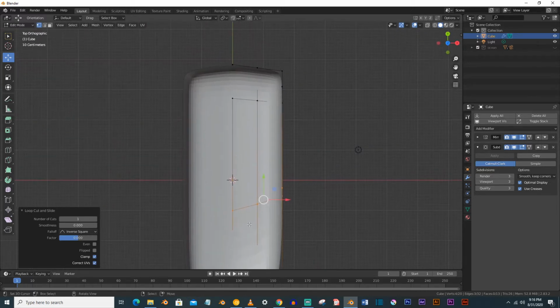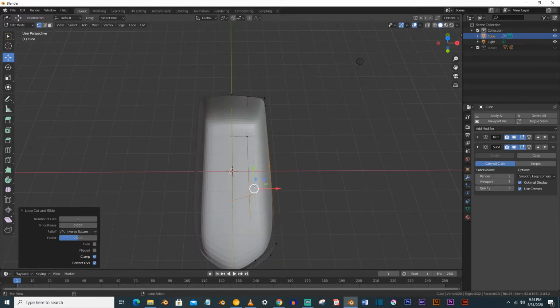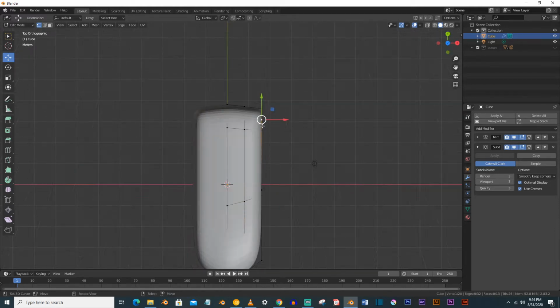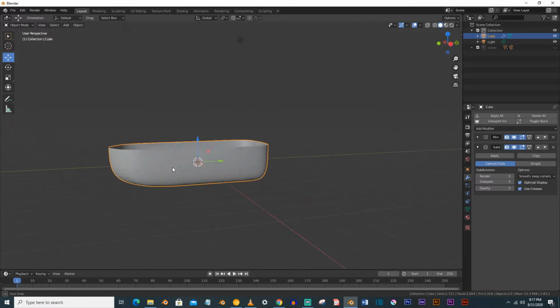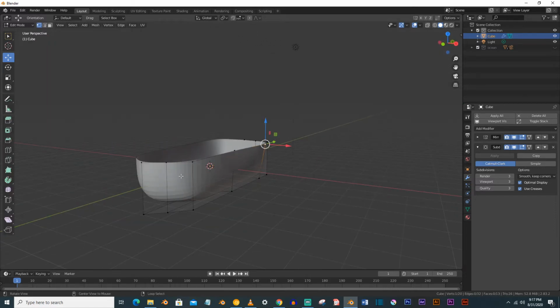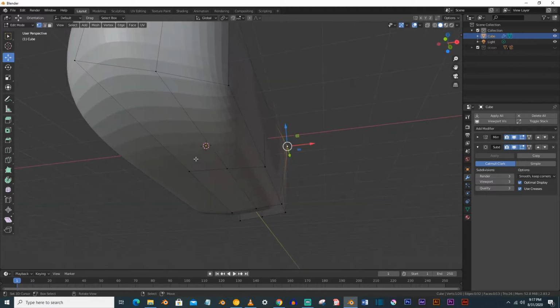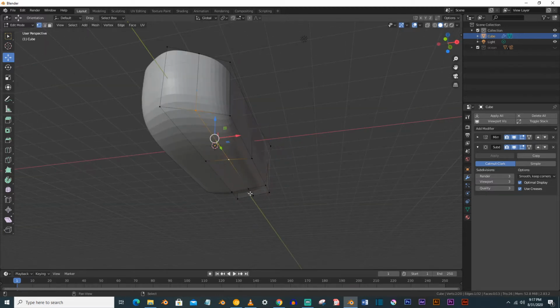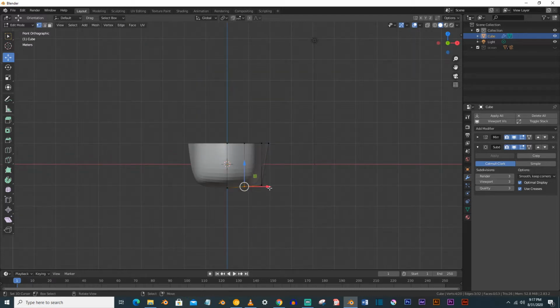Go to the top view, and what you can do, you can just do it like this. This is our boat, and for the crease here in the downward, you can just move it like this.